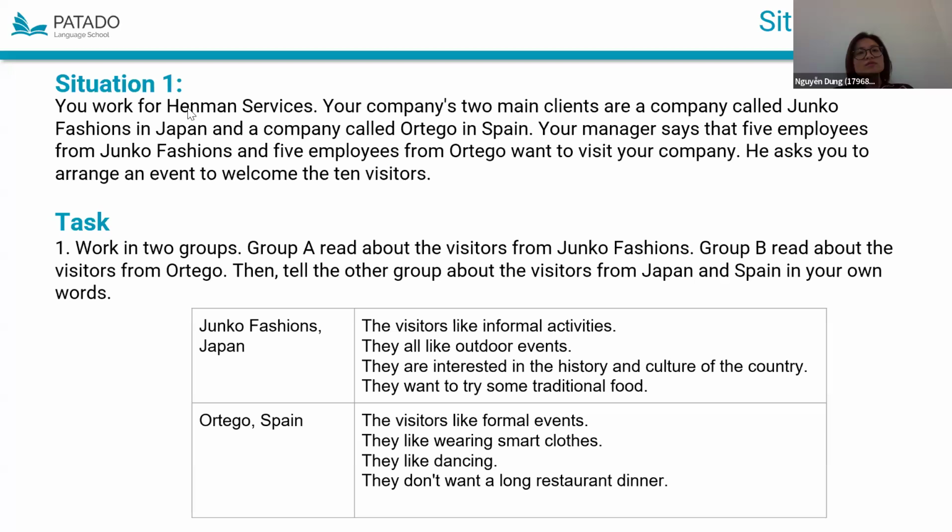They also like to try some traditional food. That's really to understand it. Okay, that's already it.